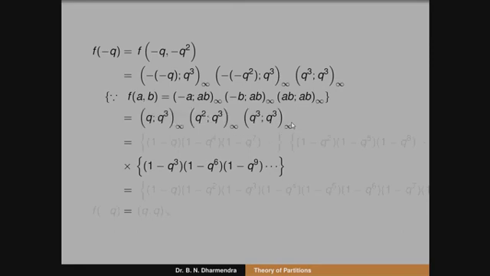Therefore, when I expand each of the products using the q-shifted factorial, the first term is 1 minus q to the power of 4, 1 minus q to the power of 7. The second term is 1 minus q square, 1 minus q to the power of 5, 1 minus q to the power of 8, increasing by 3. And the last one is q cube, 1 minus q cube, 1 minus q to the power of 3, 1 minus q to the power of 9.